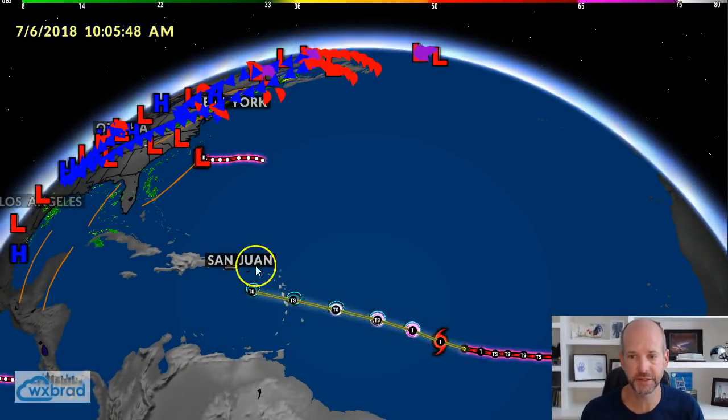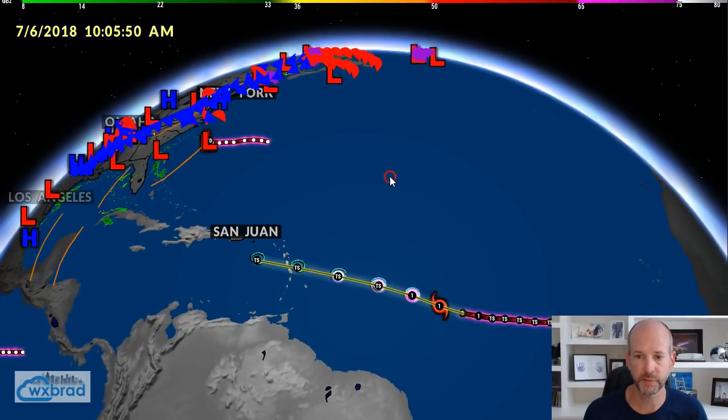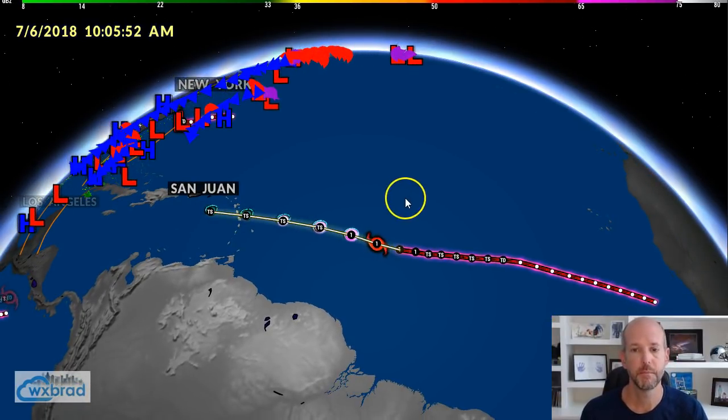There's a lot going on here at the end of the 4th of July holiday week. It's Friday. We've got two tropical systems and a mega cold front heading our way. I'm going to tell you how some are going to impact us and some are not, but let's get right to the details. Here's a wide view of the Atlantic, as we got to start with Hurricane Beryl, which is